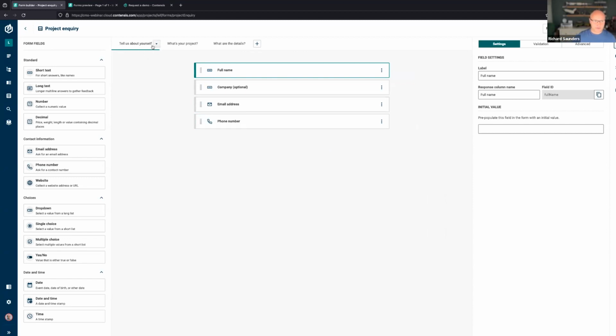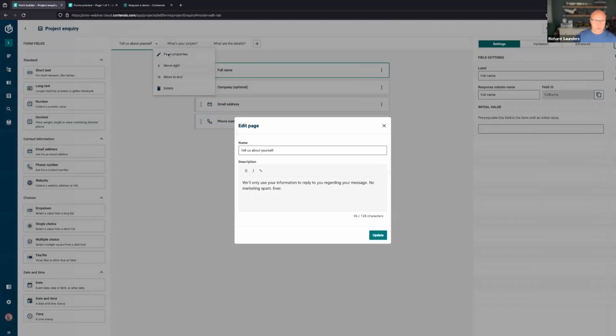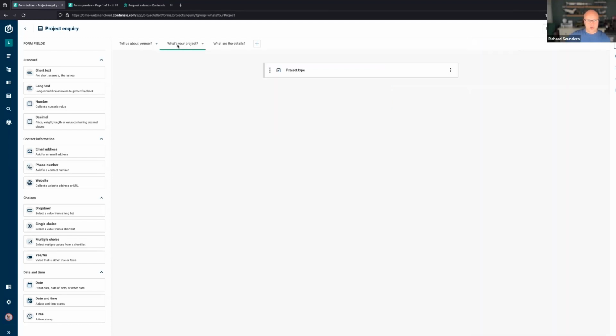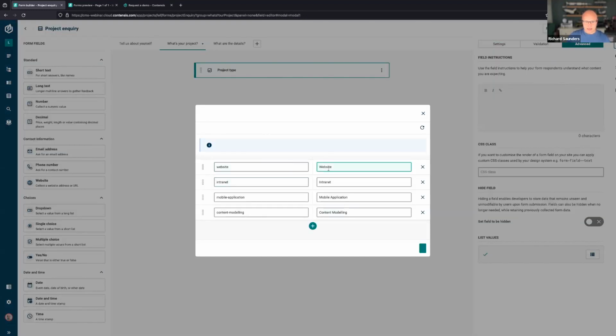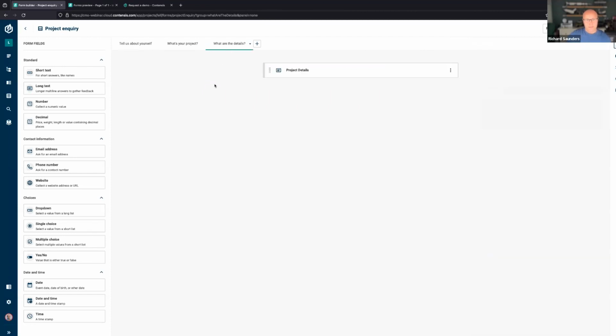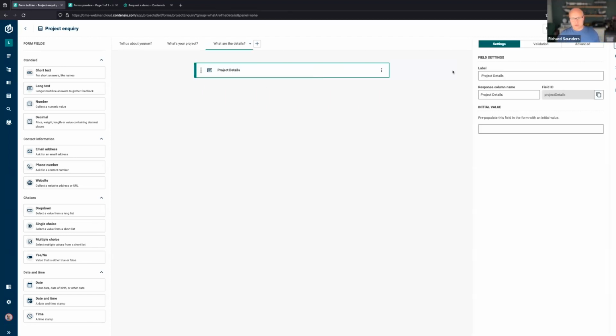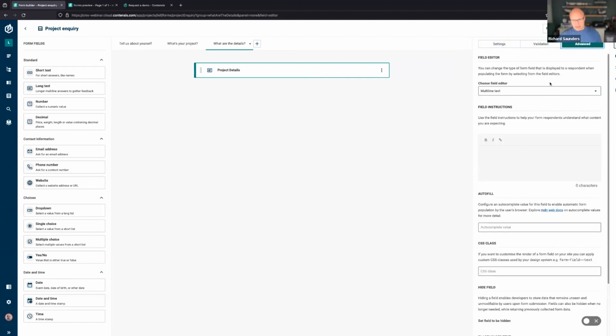So I've got a page of tell us about yourself. And when we look at the page properties here, we can give a description on this page as well. Then I've got project, what type of project is it? And from here, I've got a set of values: website, intranet, mobile application, or is it a content modeling project? And maybe I want to capture a bit more information about this project in the form of some project details. I might say, please provide your budget and timeframes